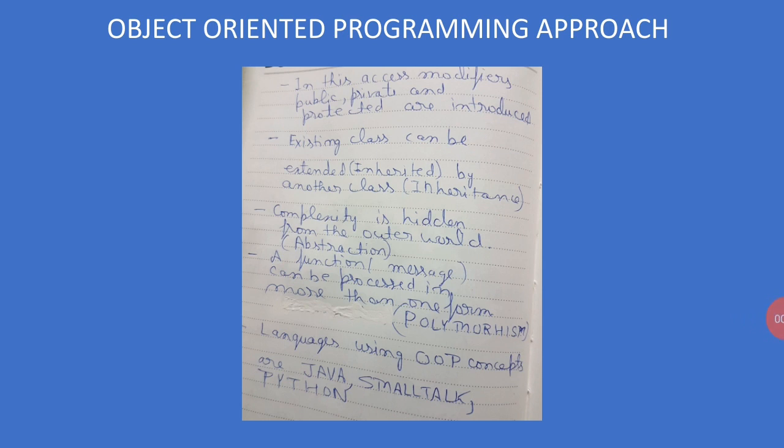Object-oriented programming approach has introduced the access modifiers named public, private, and protected. Public and protected we will discuss later. Private I have already discussed because that's quite important for the data hiding. So that simply makes our data safe. Now existing class can be modified here, and we can get another class, and this is the power of inheritance, and this gives us the ability of reusability in true sense.